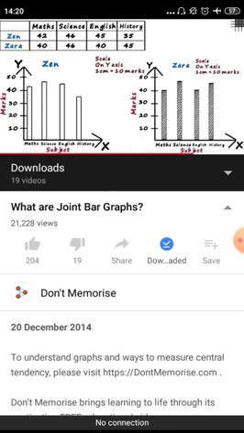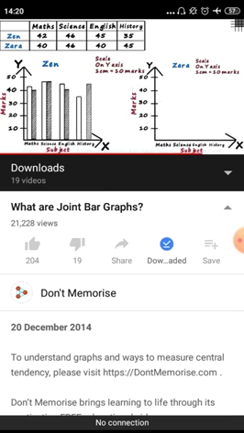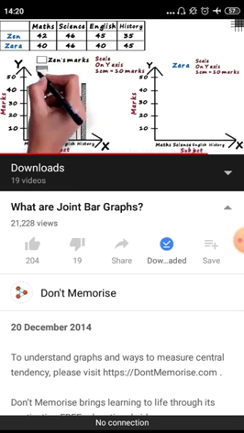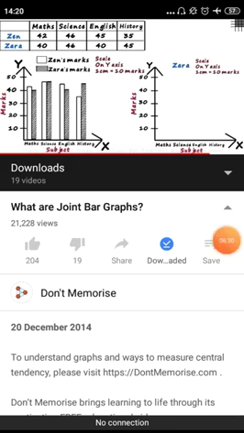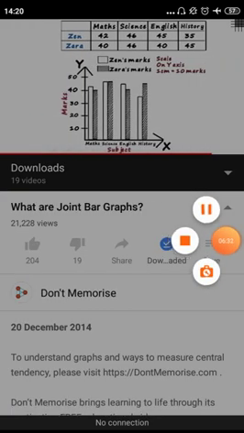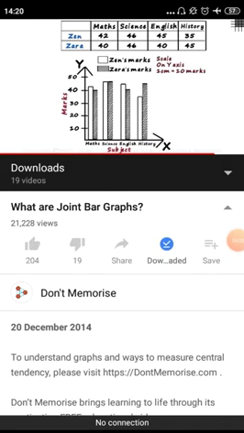We can take Zara's maths bar next to that of Zen's, Zara's science bar next to that of Zen. We do the same for English and history. Now we have both together. The white bars represent Zen's marks. The shaded bars represent Zara's marks. Now it's simple to compare the performance of Zen and Zara in these 4 subjects.